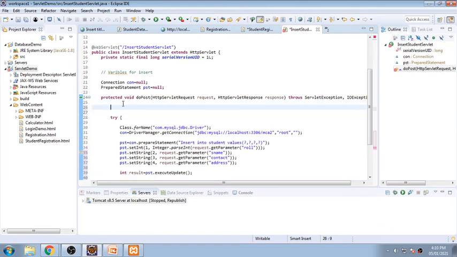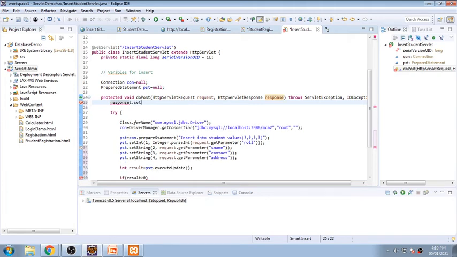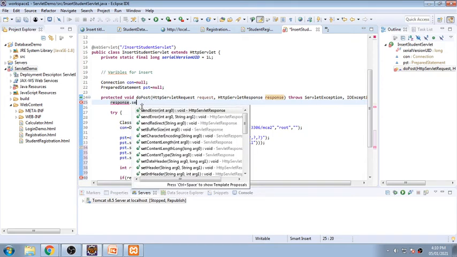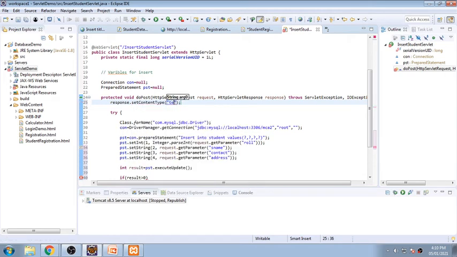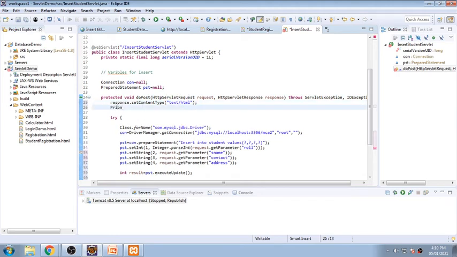So response dot set content type, and in double quotes text slash html, and the second line will be PrintWriter out is equal to response dot get writer, because I want to display something out.